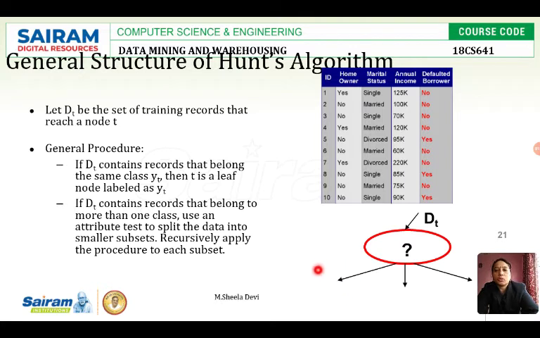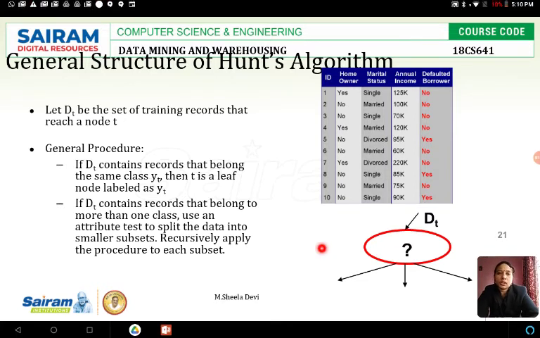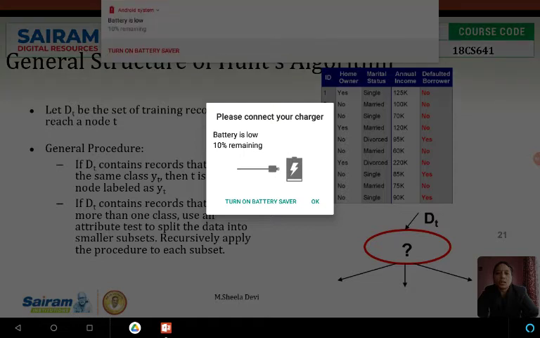Then, if Dt contains records that belong to more than one class, use an attribute test to split the data into smaller subsets. So if the training records have more than one class, what should be done?